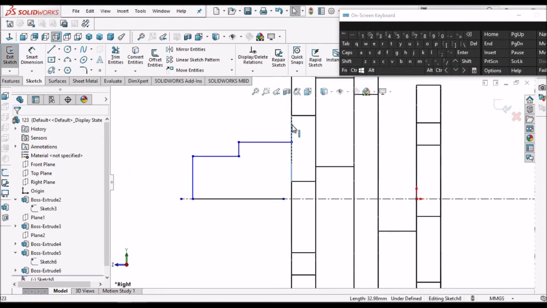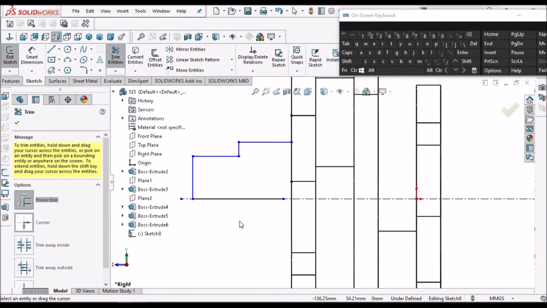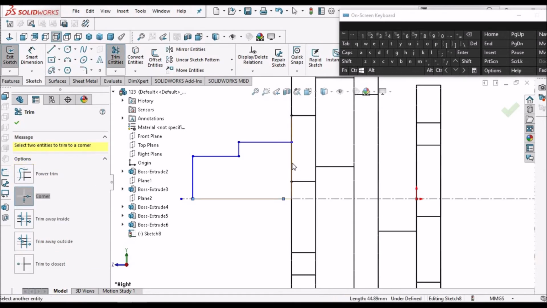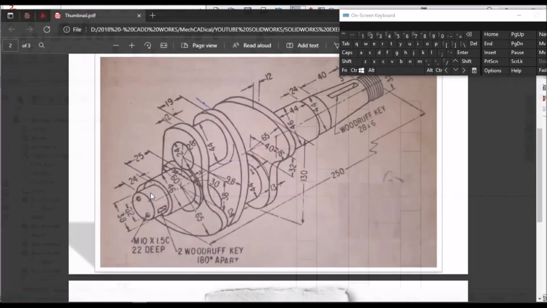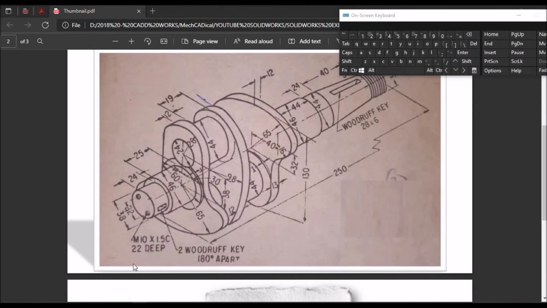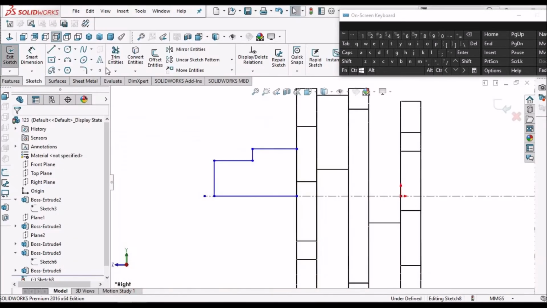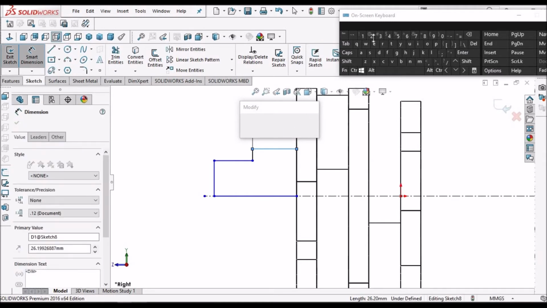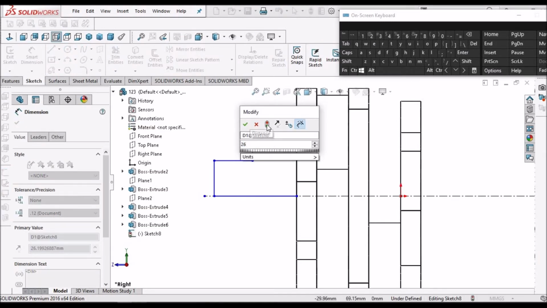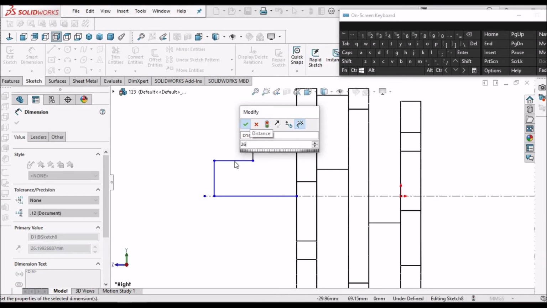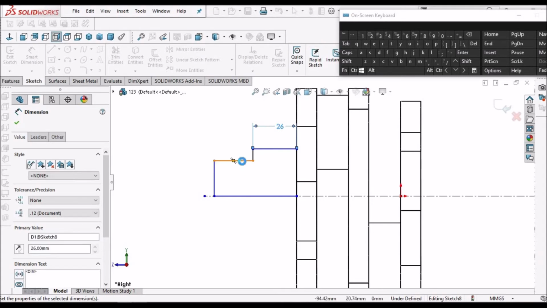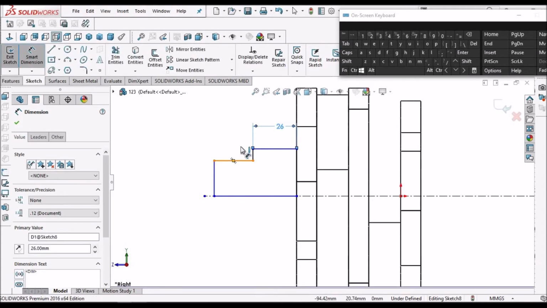Select this edge and convert entity. Go to trim option, go to corner trim, select this. So the loop is closed completely. Now the distance is 26 and 24. And 24.